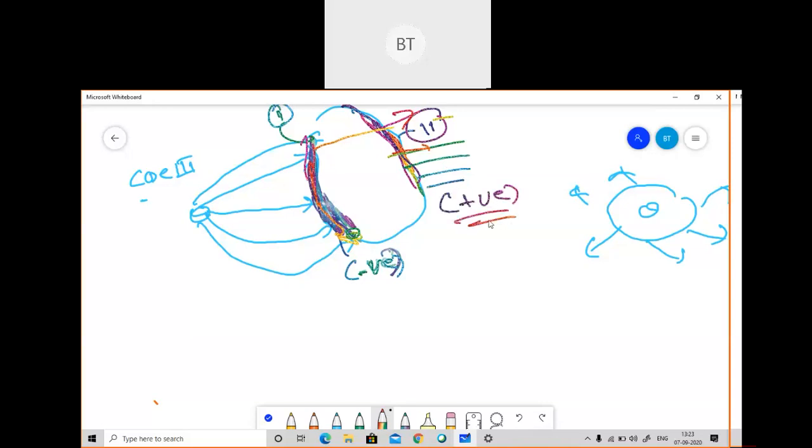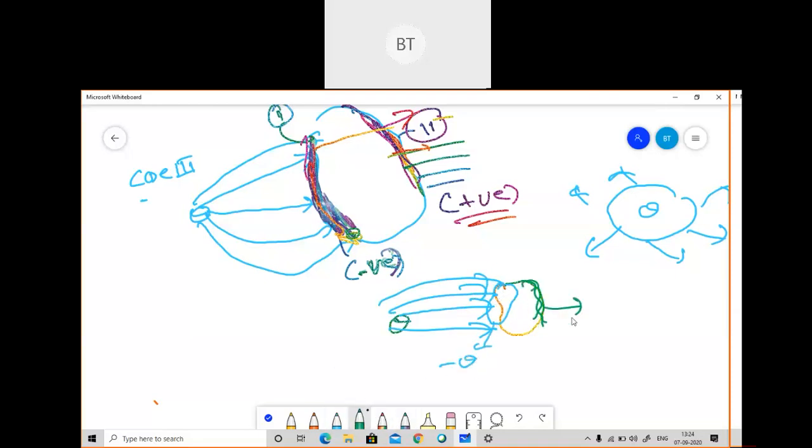So I hope in this example both cases will be clear. If this surface is like this and some charge Q has been put here, the field direction will be going away from it. If I calculate for this surface, I will get minus Q. If I calculate for the other surface on this side, I will get plus Q. Is there any doubt why I have written minus Q here and plus Q here?